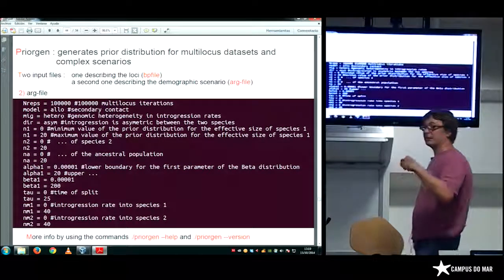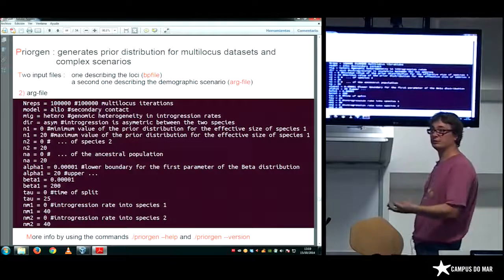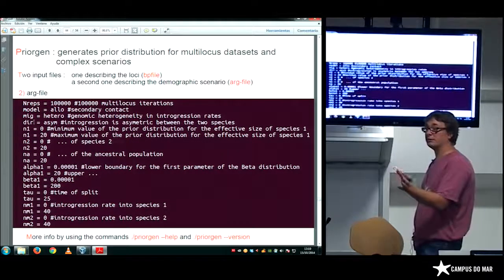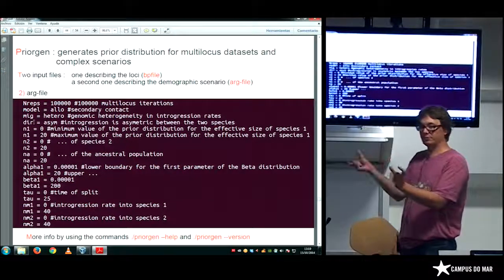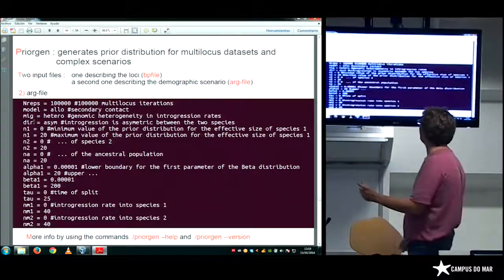Here it's heterogeneous gene flow. You can choose homogeneous gene flow. You can allow or not a symmetrical gene flow, so the same migration rate in the two directions or two migration rates.